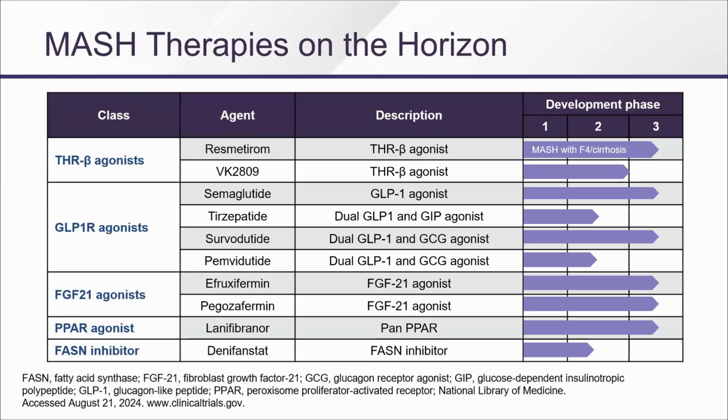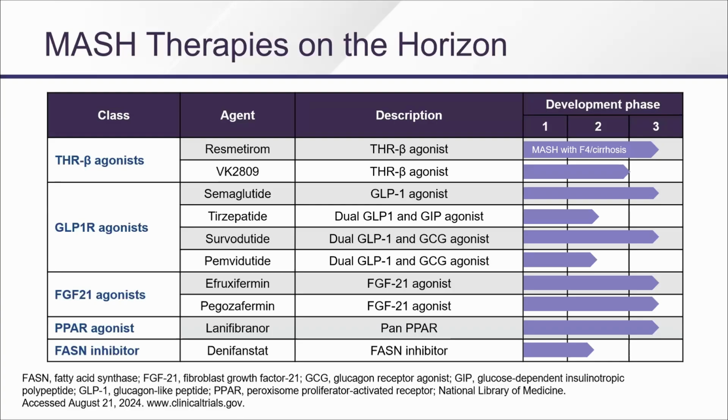So what else? There are therapies on the horizon. Both semaglutide and tirzepatide are in trials for NASH. Most of them have not yet shown a fibrosis improvement, but certainly a steatohepatitis improvement. And probably the answer is that because they don't have a direct impact on the liver, it's just going to take longer, like bariatric surgery. But I can't imagine that if you lose weight and keep it off, of course it's going to work. These FGF21 agonists, I think, are very exciting. They're in phase 3.